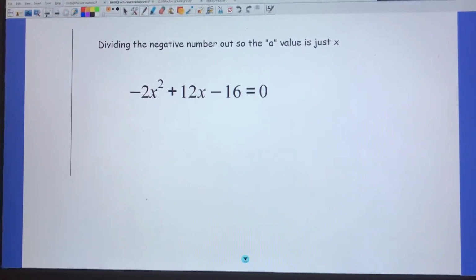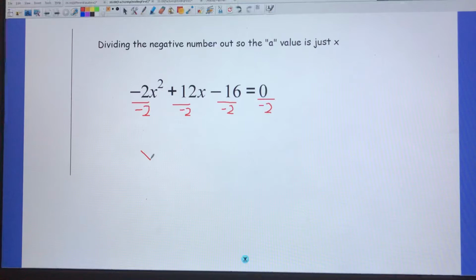Okay guys, today's lesson is pretty much the same thing as yesterday's lesson, but the only thing different is instead of every number being divisible by 2, if you notice here we have a -2. So whenever you have a negative number in front, you want to get rid of that. Whatever the front number is, check to see if everything's divisible by -2. And everything is, so divide by -2, divide by -2, divide by -2, divide by -2, and then you get,